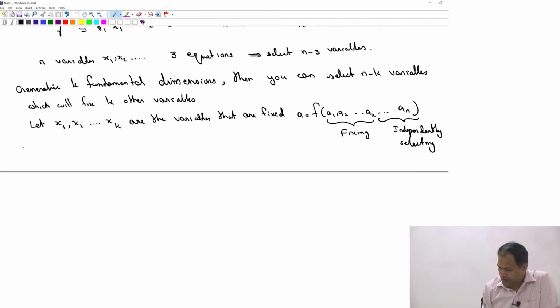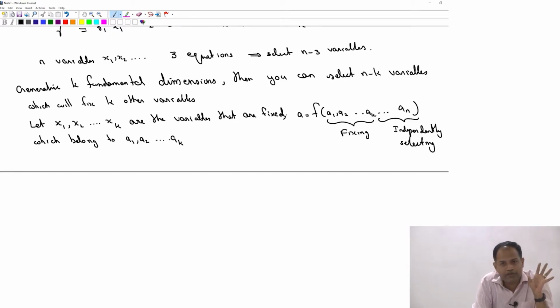So the variables that are fixed are a1, a2, etc. up to ak. Okay, so a1, a2, etc. up to ak are the ones which I am going to fix, and let x1, x2, xk be their powers which we have already taken, and let capital A1, A2, etc. up to Ak